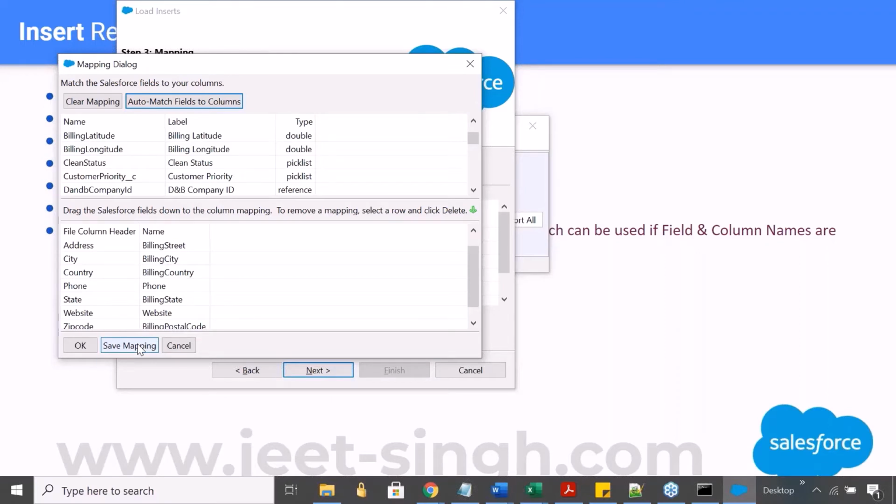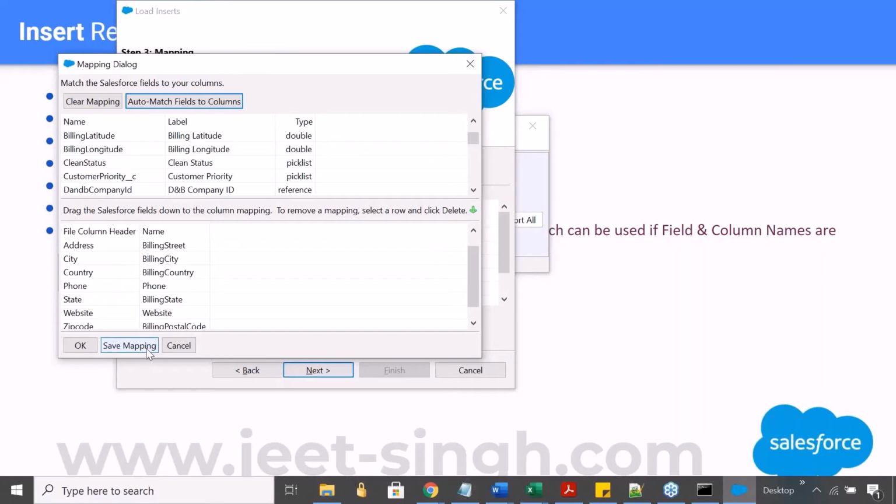Next time when you're using a file with the same column names, you can use that mapping so that it reduces your manual effort. So this mapping, address refers to billing street, city refers to billing city, country refers to billing country. If you want to store this mapping, you can save it.